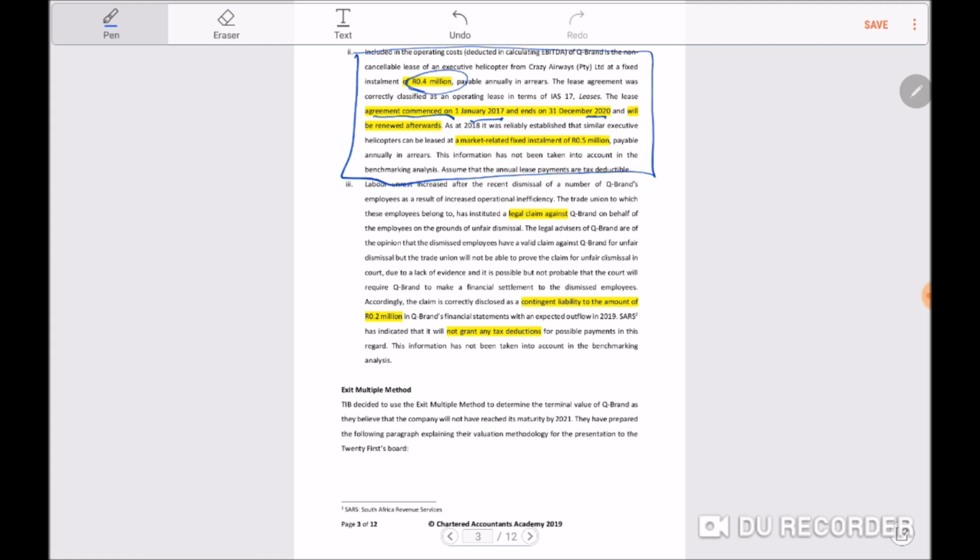But then, are we still going to pay 0.4, or are we going to go to market? Since we don't know yet, it's best that we estimate using market. Therefore, for the 2021 lease premium, we're going to assume that we're going to pay 0.5, which means we need to make a 0.1 adjustment on our cash flow so that it reflects the increase from 0.4 to 0.5,